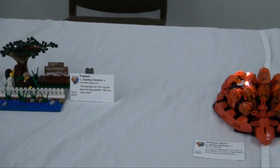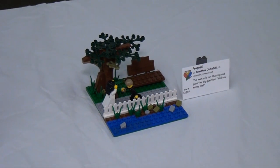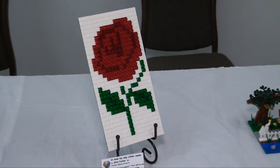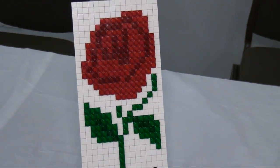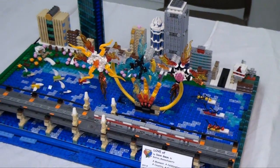So keep going here. Just a couple more builds. We got a proposal. Is that a build by Shiloh Parker? Shiloh Parker built something. He built a rose mosaic. There you go. Yeah. So you got a build by Shiloh, and then finally, this is